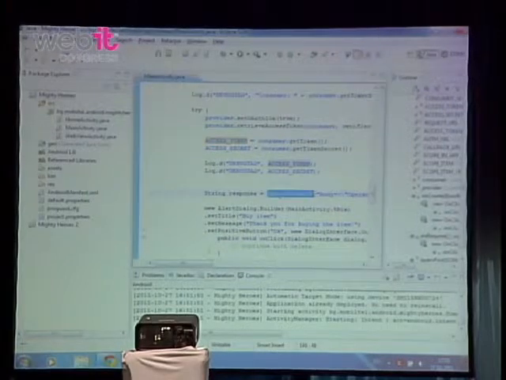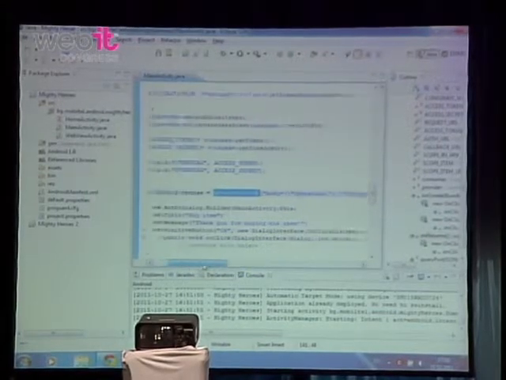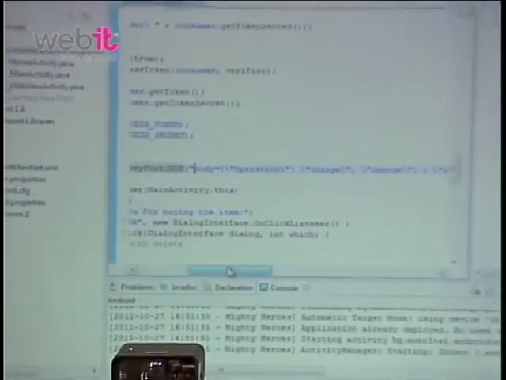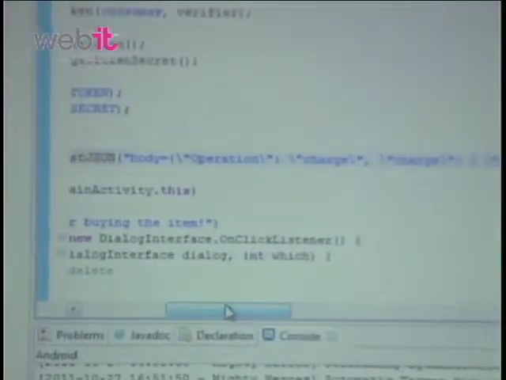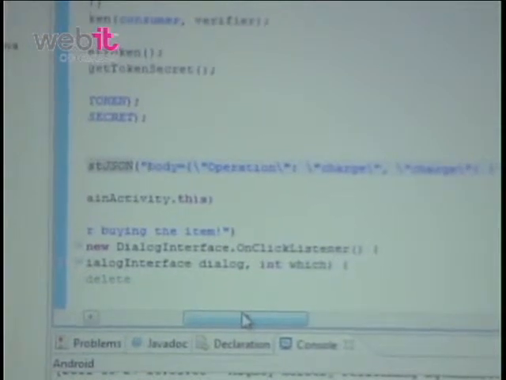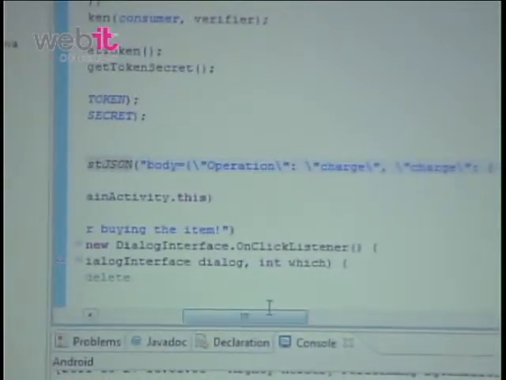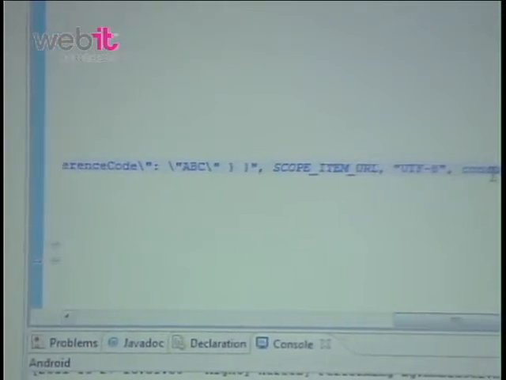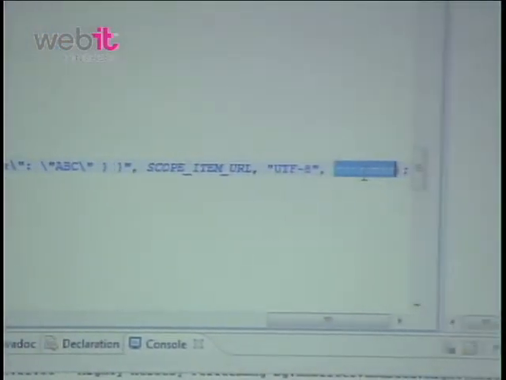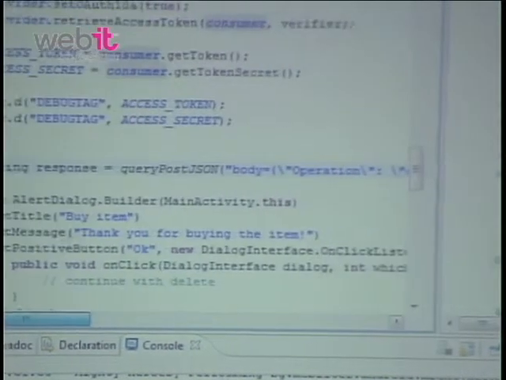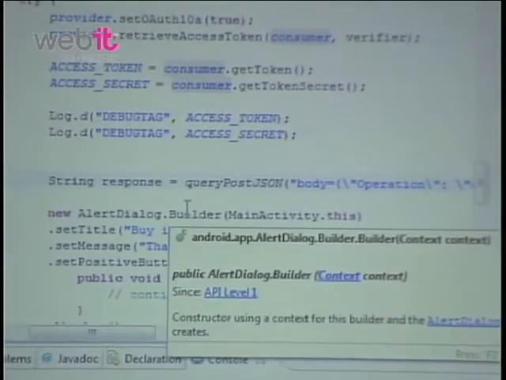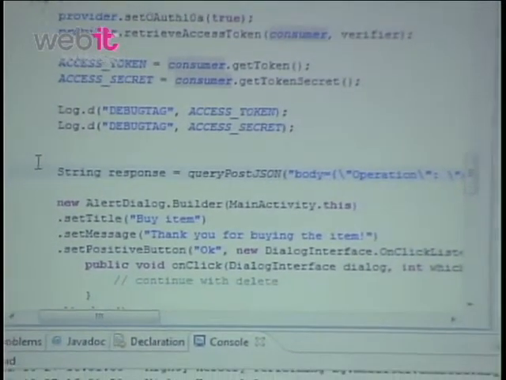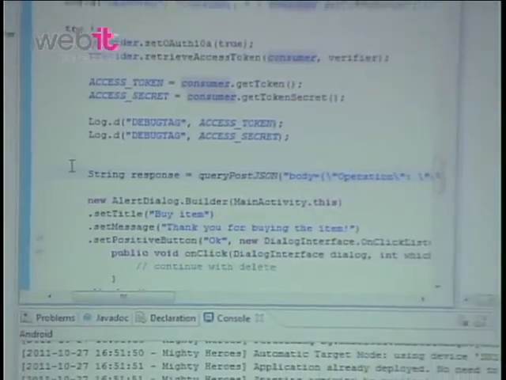So I'm going to make a post request, a JSON request. Here is the body of it. So this is actually a JSON. This is actually a JSON in one line with the operation that you saw earlier, and the parameter is again the consumer object from the library. And this is what you have to do in order to execute a call, a successful signed and secure transaction to our platform. And then the result